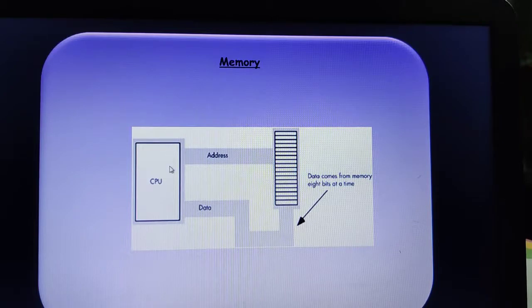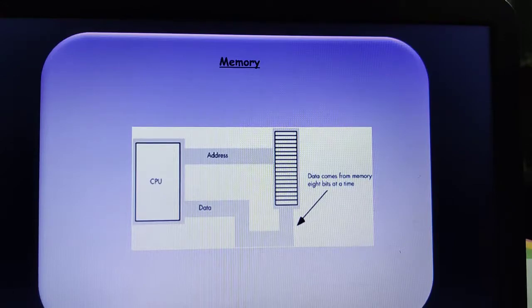The internal memories are quite fast in data transfer when you compare them to secondary storage devices, like an external hard disk or your CD disk. Comparatively, the data transfer between the CPU and your internal memory is very fast. This internal memory is very expensive, and the computer has a limited amount of internal memory.